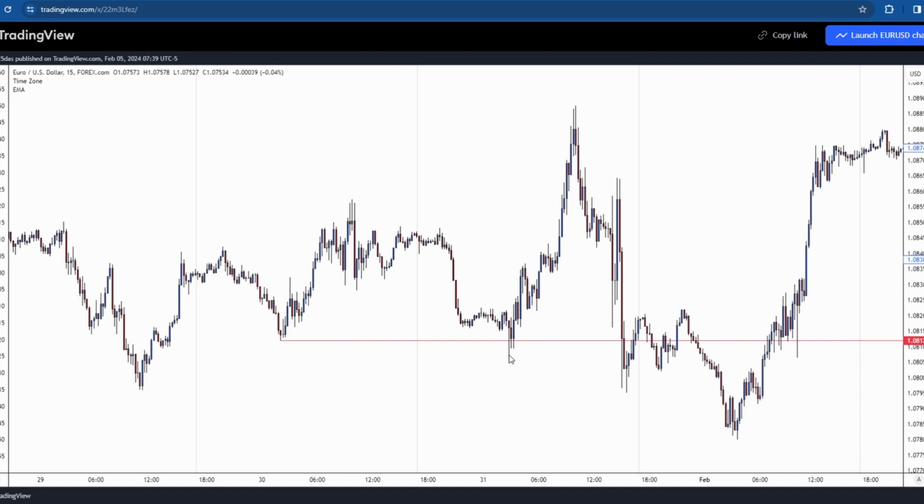Price just goes a little bit down into the demand zone, and I can say that this was in the London session. Then it goes a little bit below the demand zone, and if you want more confirmation, then after this liquidity run, it's a 15-minute chart, you can go into the 5-minute or 1-minute to look for the fair value gap entry right over here. But I will just enter right over here, and you can see around the psychological level also right over here,